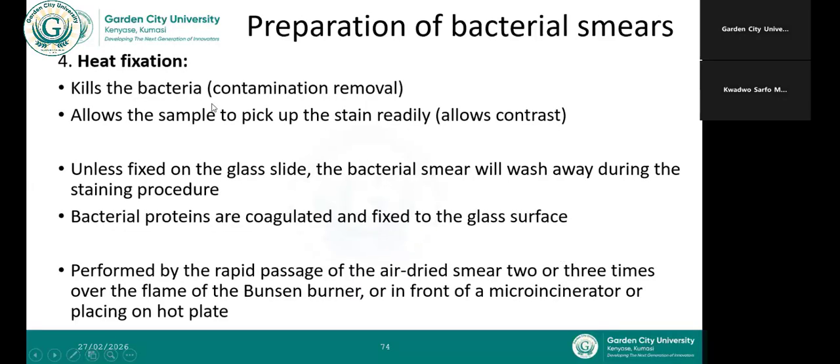Then you heat fix, as I've said earlier, to have the proteins coagulated, and then stain on the glass so that they don't get washed away during staining and washing. So you can heat fix by passing the slide, which has a smear, over the burner, a flame, or